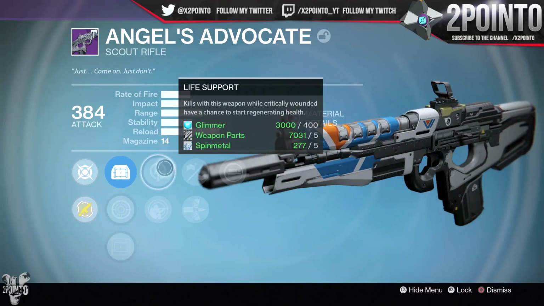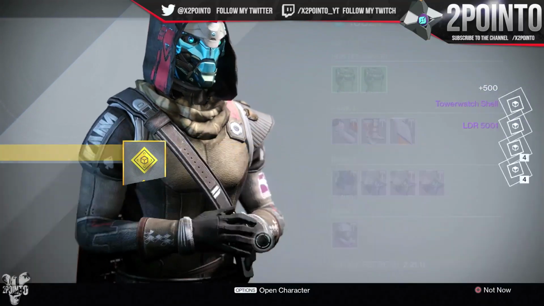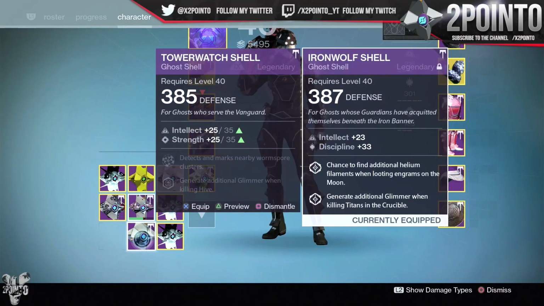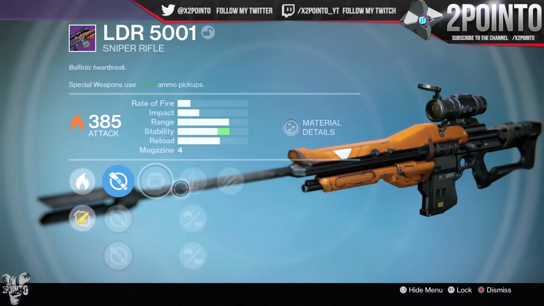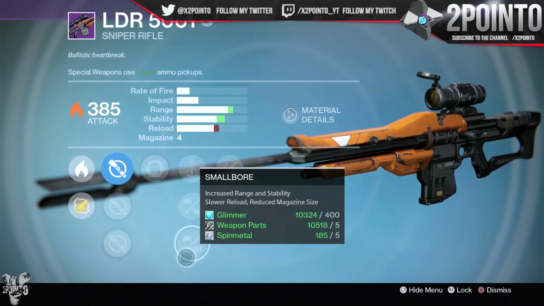And then for the final package we'll take a look at in this video, I got 2 items that I haven't had this entire time, the Tower Watch Shell and the LDR Sniper Rifle. So the Ghost Shell came at 385, very nice, and then the LDR also came at 385 with Solar Attack, which I never get Solar Snipers. They always come with Arc or Void damage, so honestly I was just really happy to see an LDR with Solar Attack for once. But the upgrades this came with were Army of One and Unflinching, Perfect Balance, Injection Mold